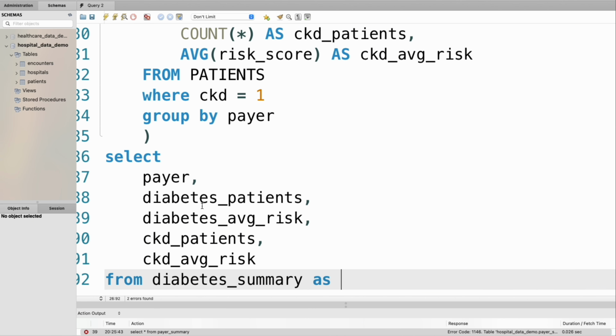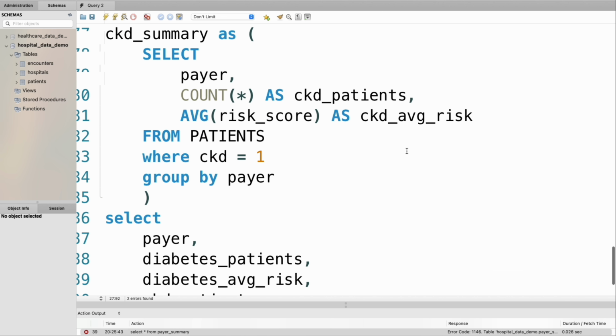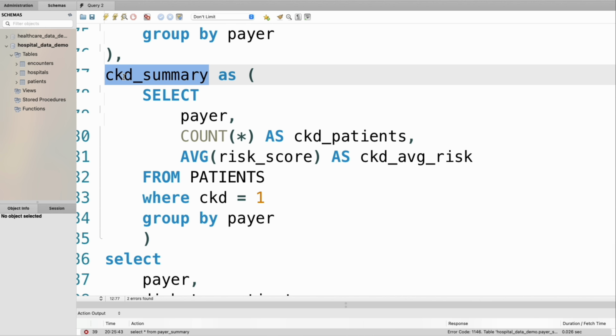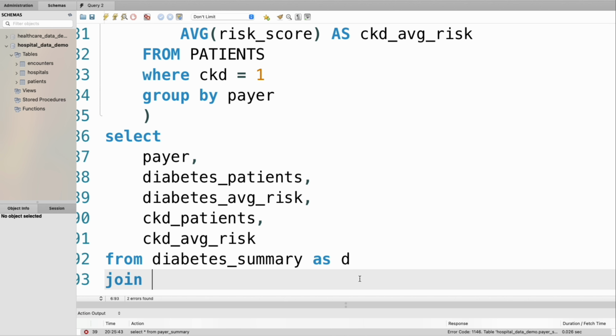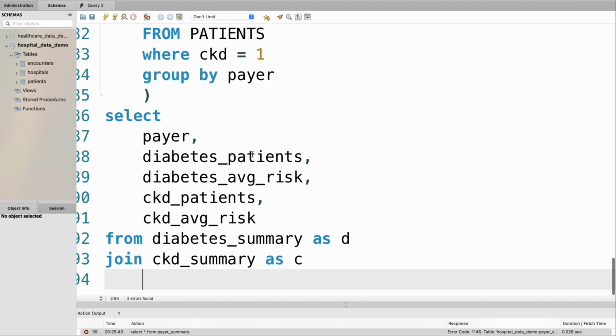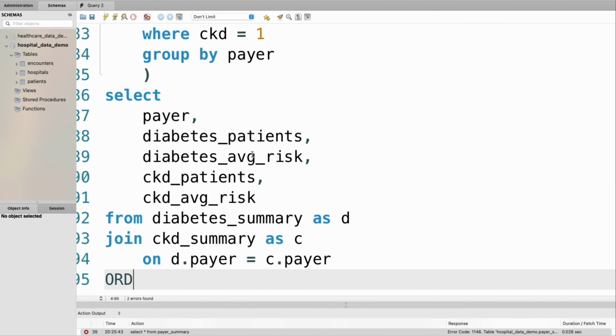So let's just give it an alias of D, and then we're gonna do the CKD table as well, or CTE. So we're gonna do just a simple JOIN CKD summary as C. We're gonna do ON D.pair equals C.pair. We're gonna connect them by those,